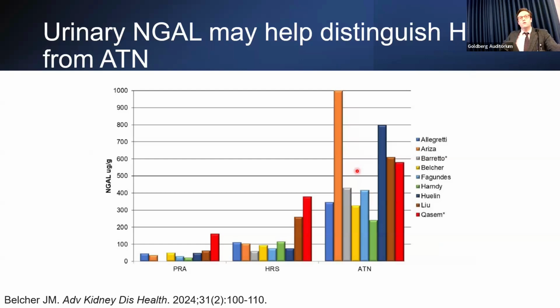Urinary NGAL, that's a tubular injury marker. So if the tubules are damaged in ATN, your urinary NGAL will leak into the urine and be high. HRS, like prerenal azotemia, is really a hemodynamic injury. So when it's available, urinary NGAL can be another data point to help us differentiate between these two